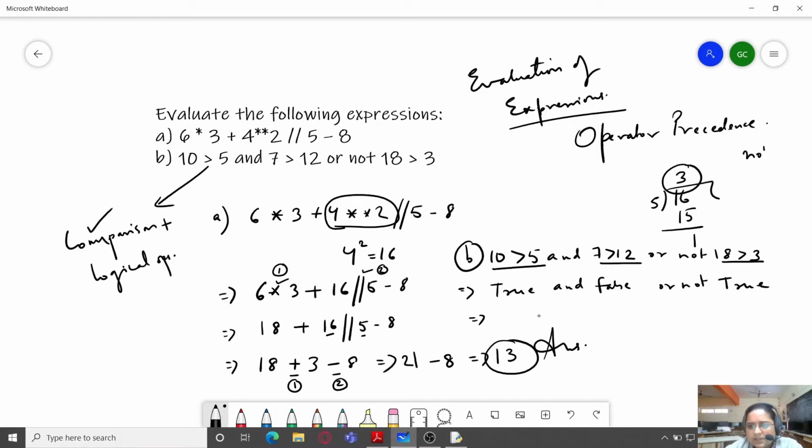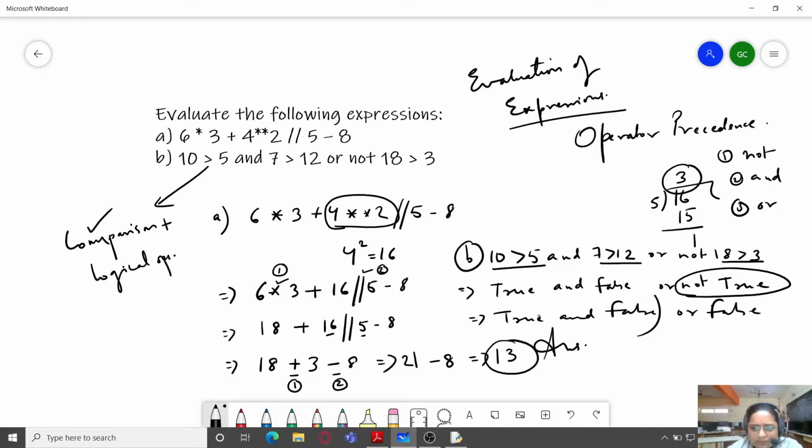The first preference goes to not, second is and, third is or. So we will first solve this part. True and false, or not true, which will be false. Now out of these two, true and false gives us false, and false or false gives us false only. So the final answer is false.